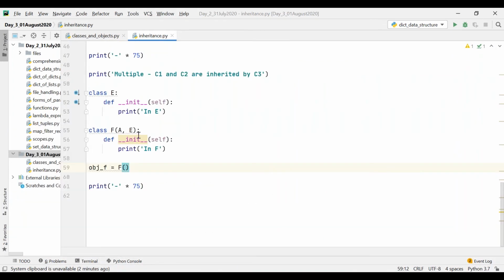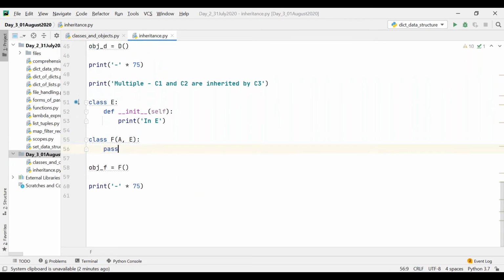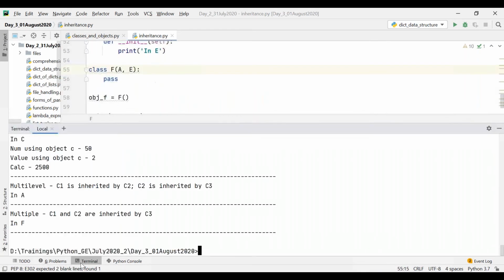Now let me just remove this. Now what will happen? It will go from left to right. First it will check in F. If it is not present in F, it will go to A. If it is not present in A, it will go to E. That is, you can decide the priority among the base classes.